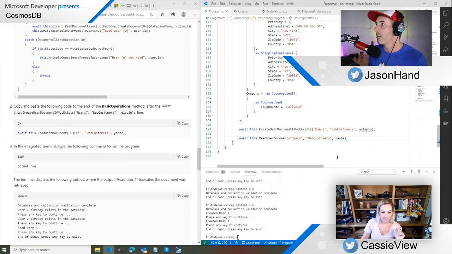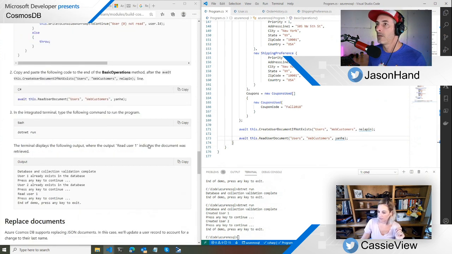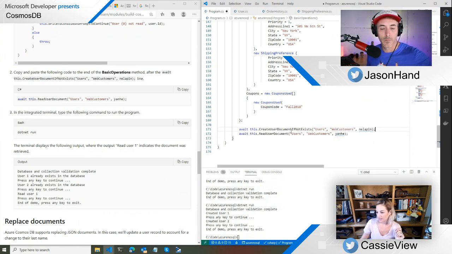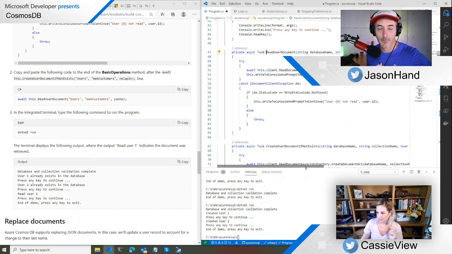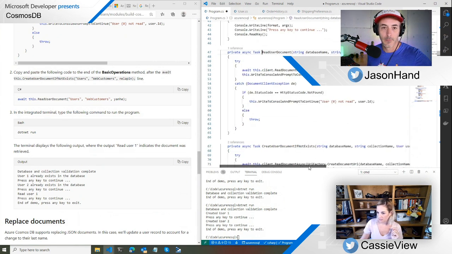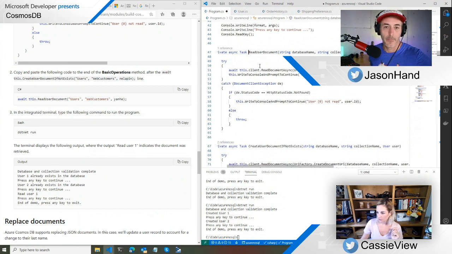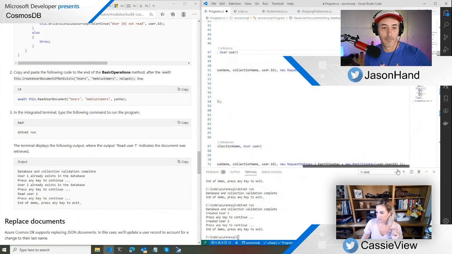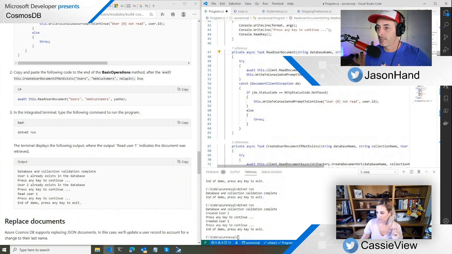All right. So now this is just going to read. So we're saying we want this database, this collection, and this user, and that will go into read document, and then we're creating our URI, passing in those properties, and then it's going to write out the user ID.